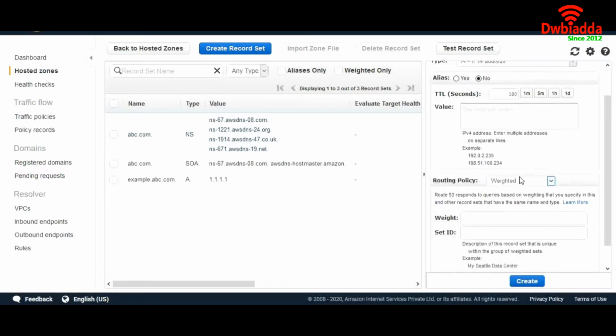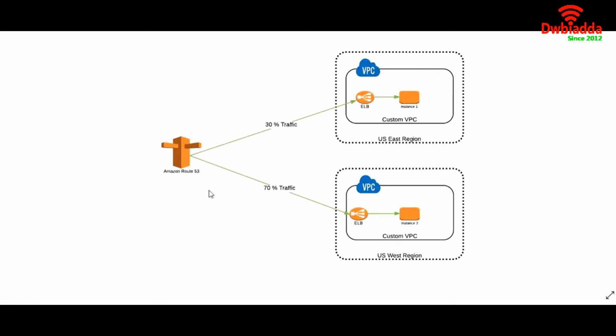Now what is weighted routing policy? I want to show you with a pictorial example. Suppose you have a website that is being configured on 2 instances for high availability. For weighted routing, suppose you have a query that is being requested by a user and you want to distribute